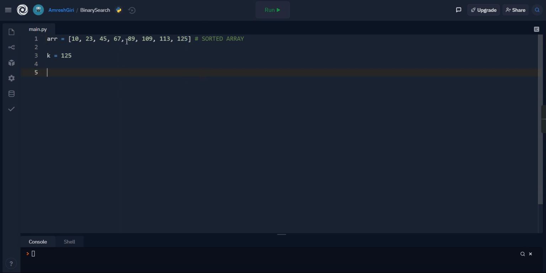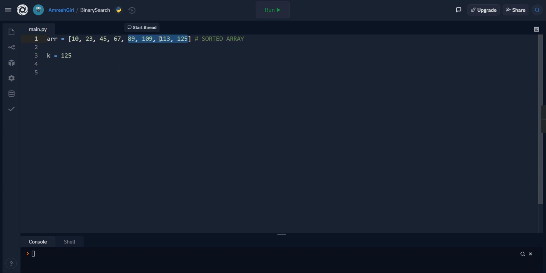and it took only 3 steps for us. We looked for the element in the middle. If it was our element, then we simply returned it. If it is not our element, then we checked whether the element is bigger than the middle element. If it is bigger than the middle element, then we simply discarded the left side of the array, and we continued our search in the right part.